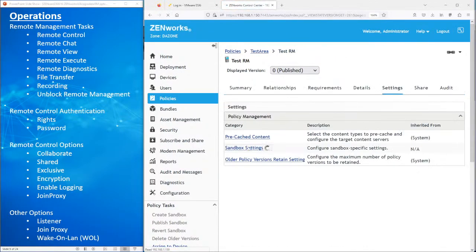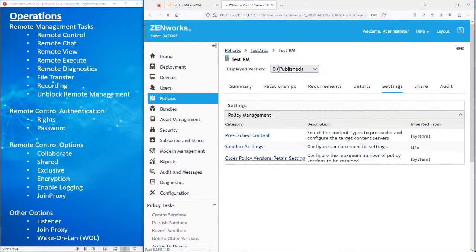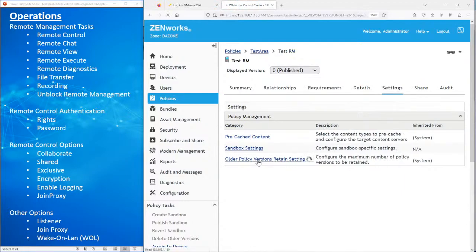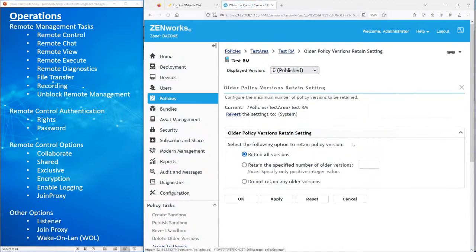All right, and then there's sandbox settings. Do you want to sync content to content servers? Then older policy version, retain. So the nice thing is you can do cleanup this way. So do not retain any older versions. Typically, if I make a change, so let's go ahead and do that. Cancel,